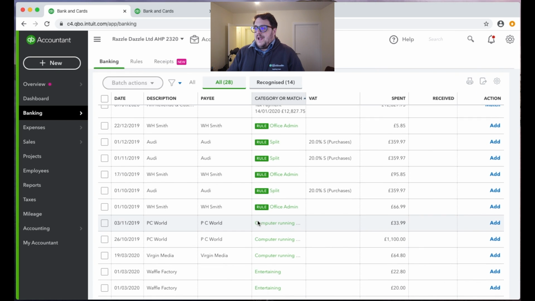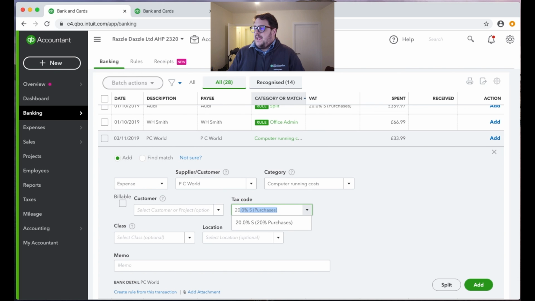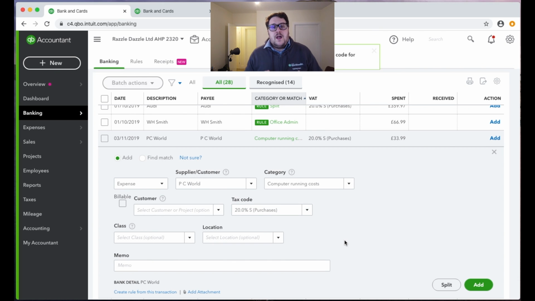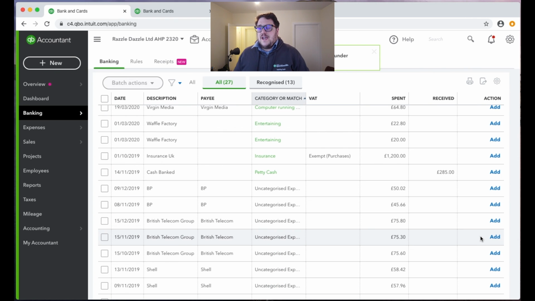Now, if I just use this screen in its entirety and I add the screen from here, let's see what actually happens and what the difference is. So basically, when I click into the transaction, it's asking me, what do I want to add? Well, an expense sounds good to me. And it's asking me, do I want to put PC World? Yeah, that sounds fine. Category VAT. And all it's really missing is a tax code. All these other items that are around there are all if I want to add some extra complication to it. So classes and locations and everything like that, if they're there and you don't need them, you could just ignore them completely. Basically, what I'm going to do now is press the add button, and I've added that transaction directly